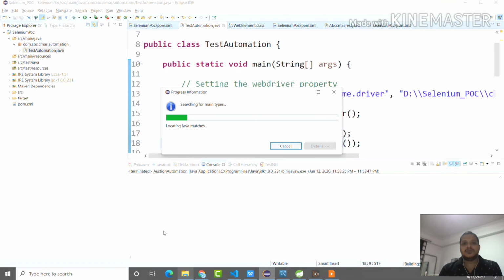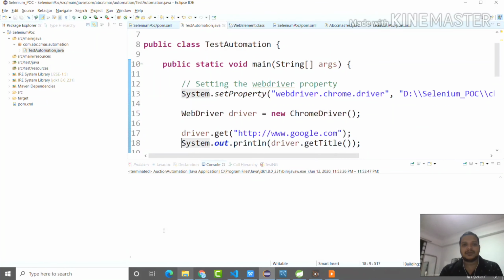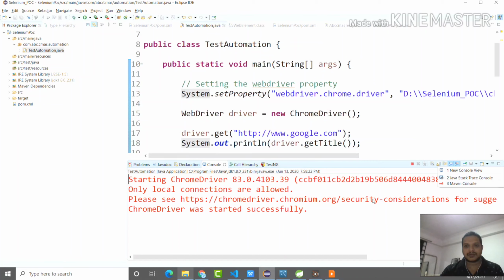So it is searching for the Java main type. Okay, so I can see the ChromeDriver was started successfully.